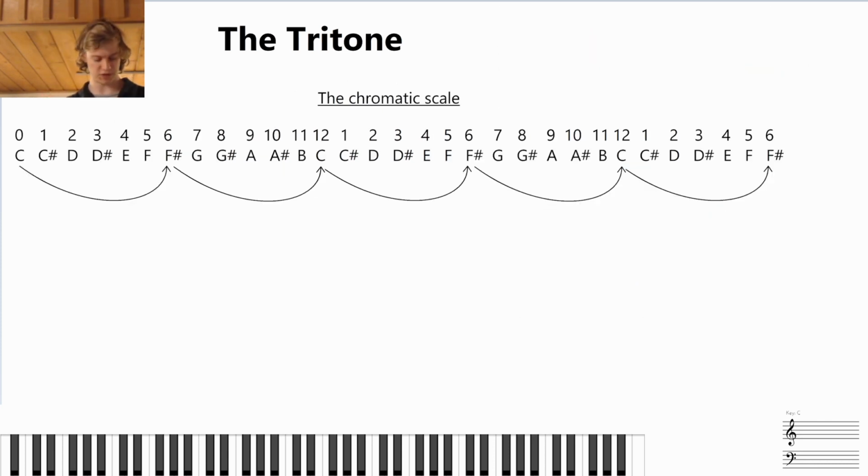Because of that, if you keep going from C to F sharp to C to F sharp to C to F sharp to C to F sharp, you have tritones the entire time, and you keep just going up those tritones because you're just going up those 6 intervals, and in the chromatic scale you only have the 12